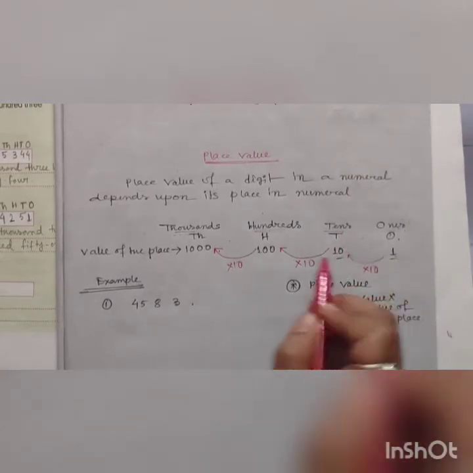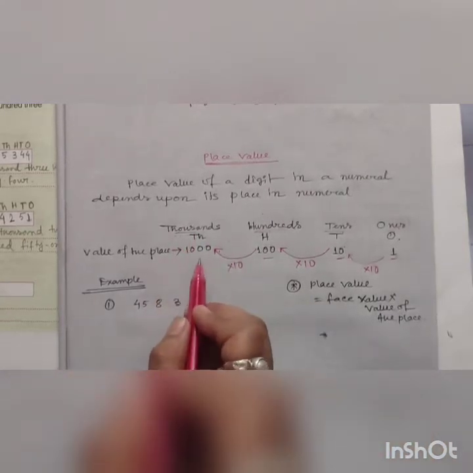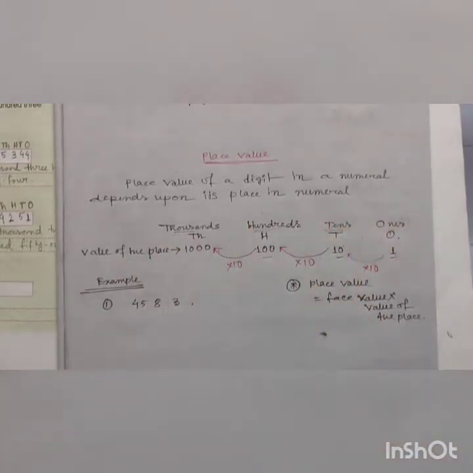The value of tens place is 10, the value of hundreds place is 100, and the value of thousands place is 1000. Okay, so for finding the place value, you need to remember the value of each place. Okay, so place value